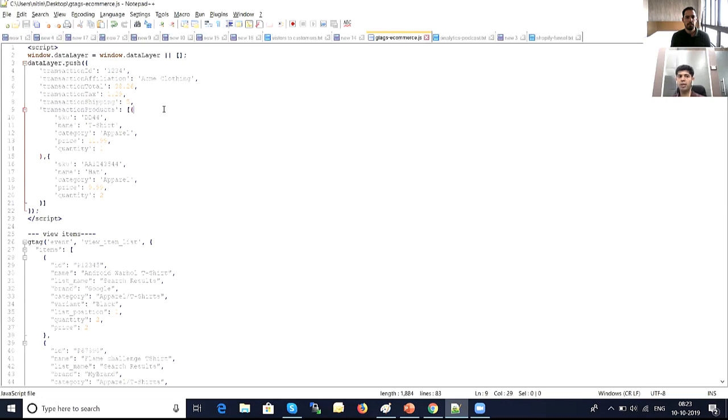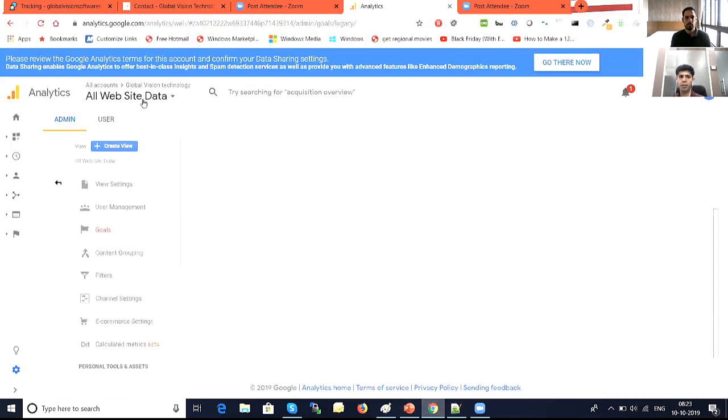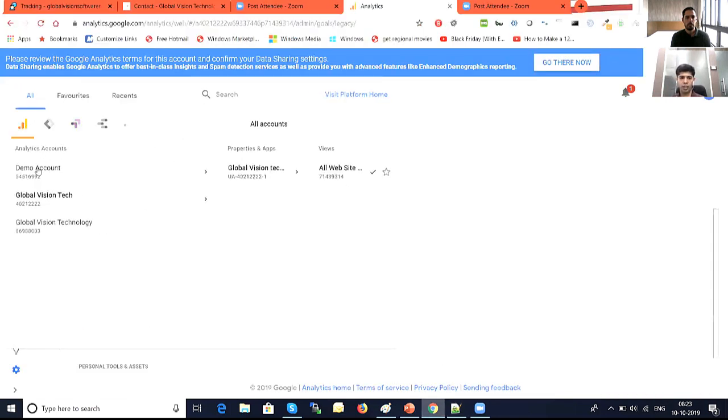Now comes another part, the product. So let's say we have sold 2 products in this transaction. You need to send in the SKU, the name of the product category, and the price for that, and you can send in the quantity too. Now, once you send this data to Google Analytics, you are all set up to view what we were seeing